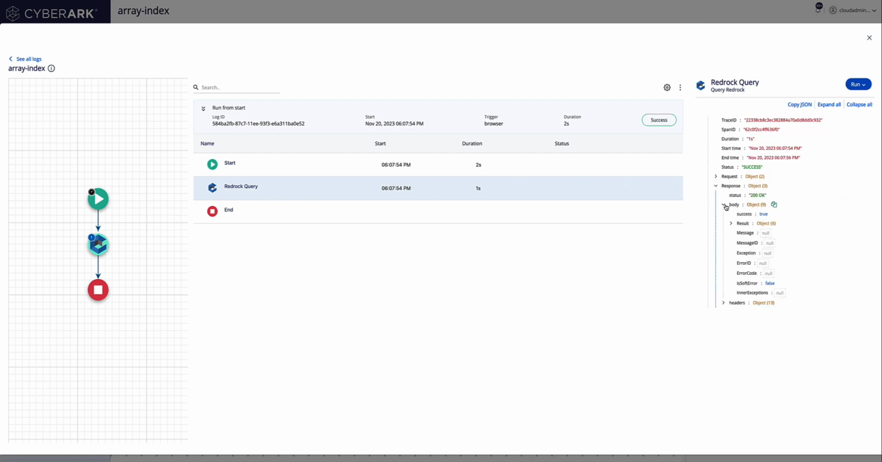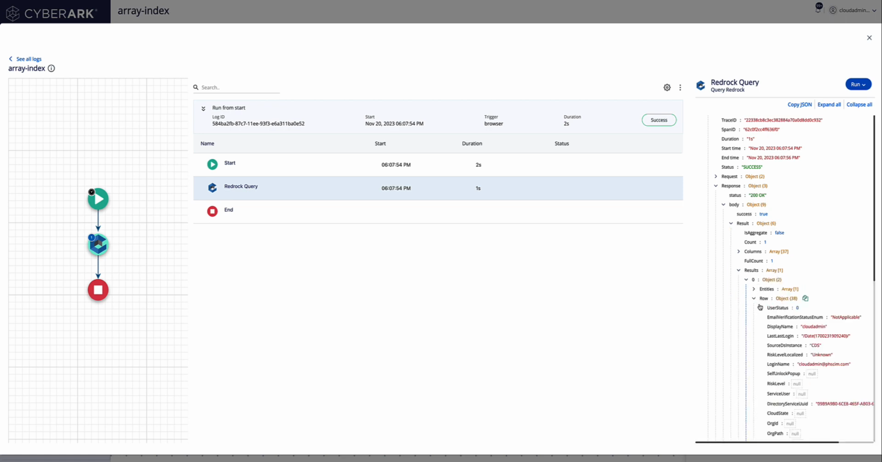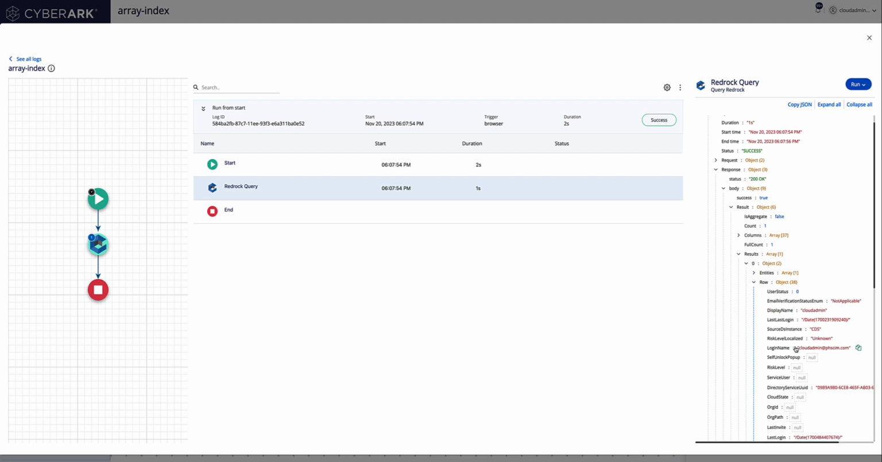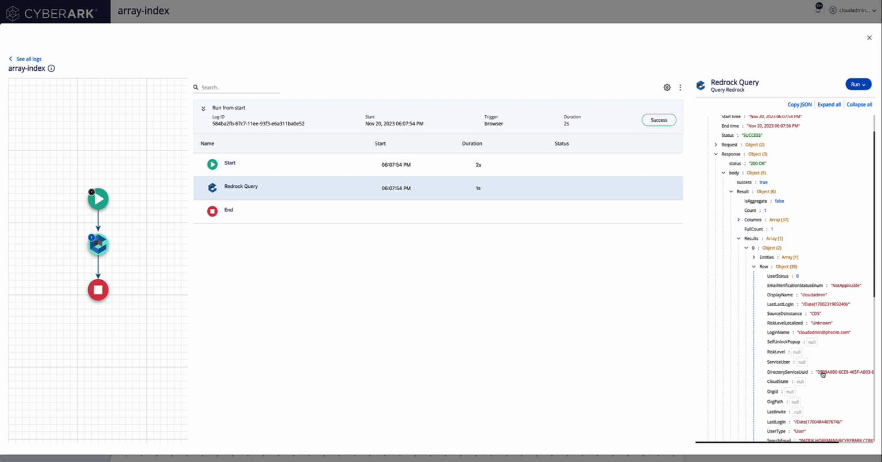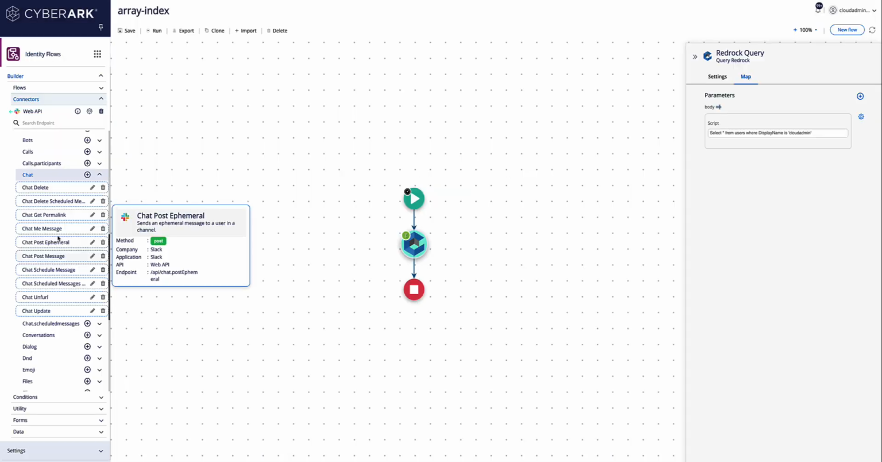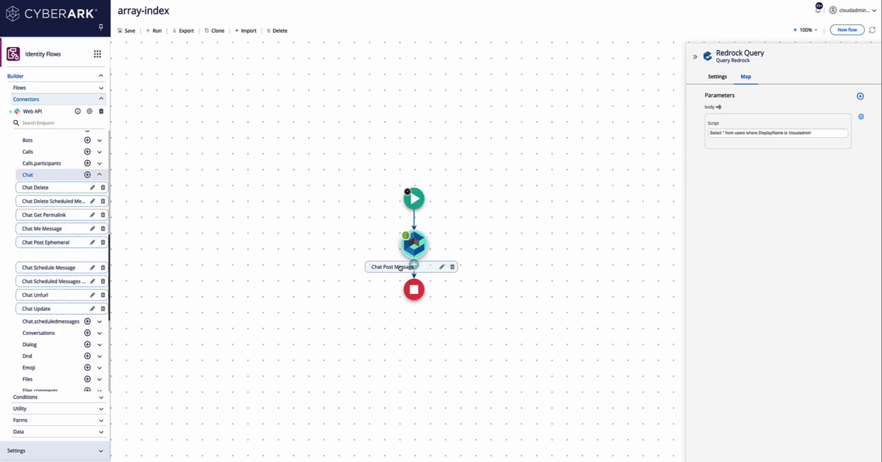Response, okay, the body, results, that's an array of one element. And that's important that this is an array. And here we see all the results for that cloud admin. So it is important here that this element is an array. I'm going to copy this object here. And now I'm going to